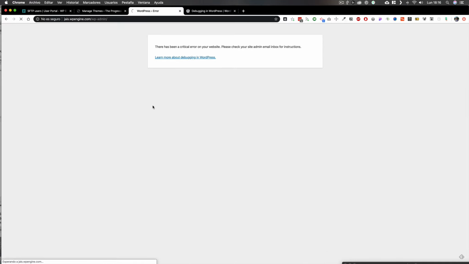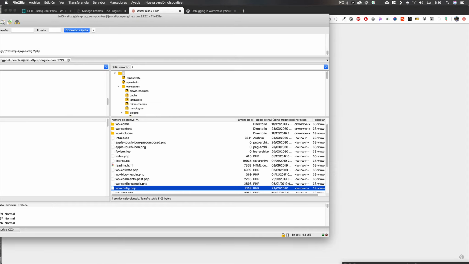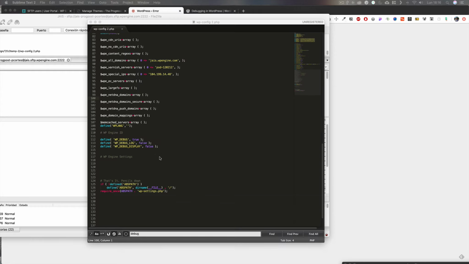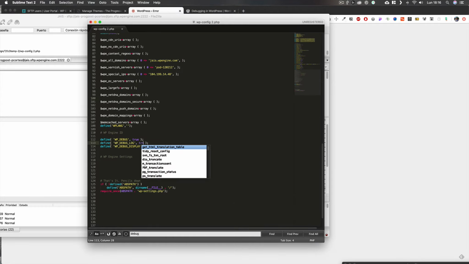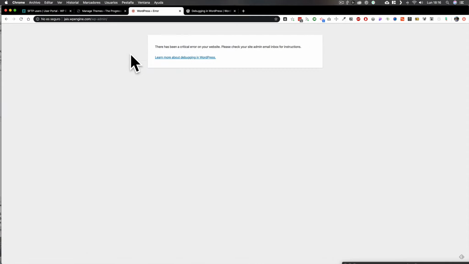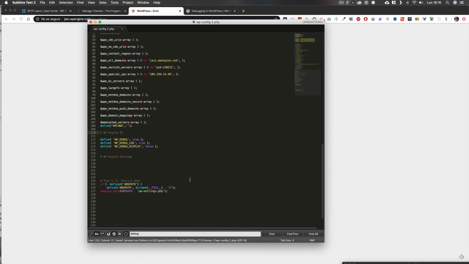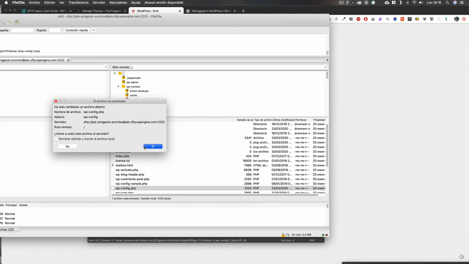So once you accept the changes, you reload, and you are not gonna see anything in the front end. But what else do we need to do in order to start reviewing what's going on here? In the same file, I activate the log file. So we are gonna have a log, and the log will tell us what's going on, and it will tell us in two ways: in this page here and in a log file that we will find in the archives of our installations of WordPress. So to activate it, I just save it, and I save it in FileZilla again. And now if I reload,